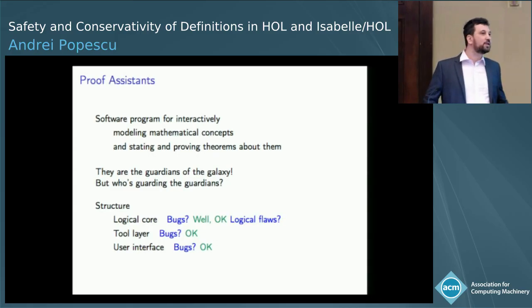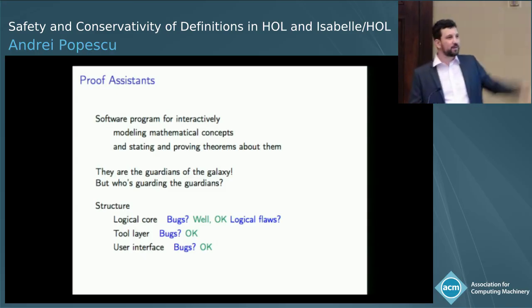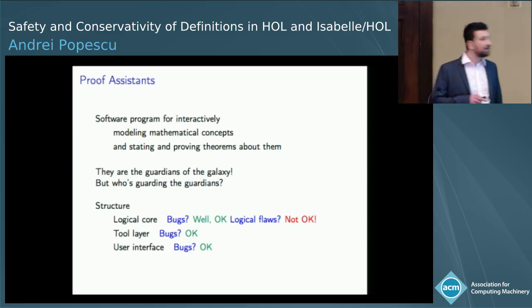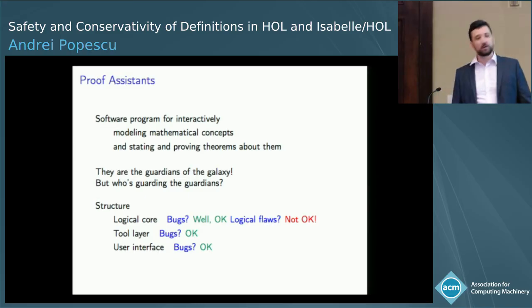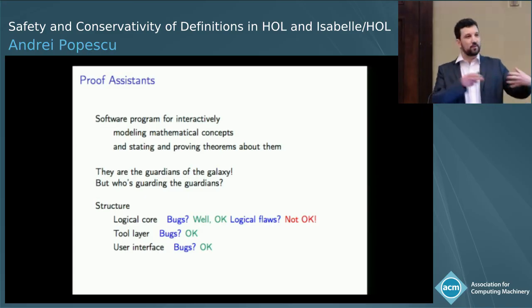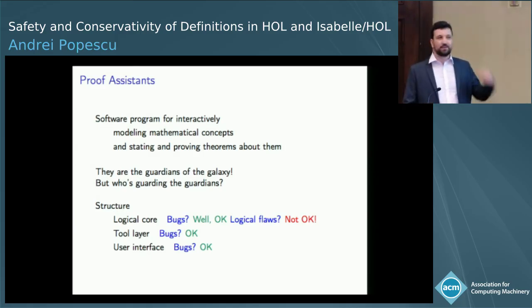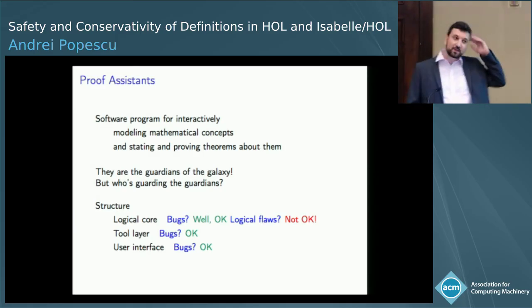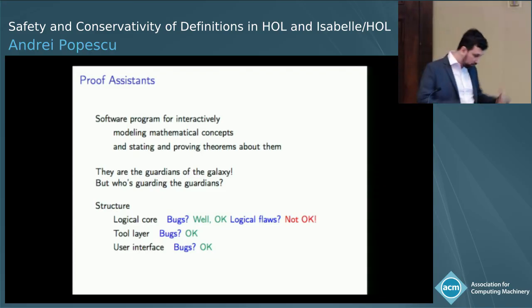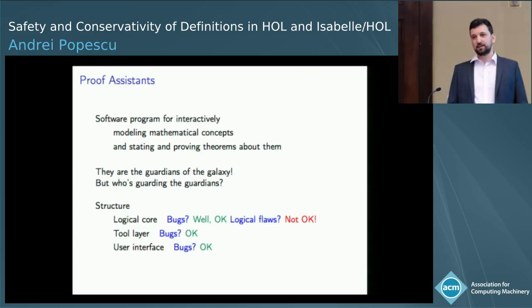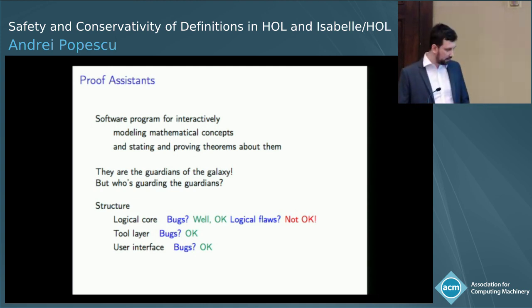But you also have what I call logical flaws here. We can also read this as design flaws. And this is not so OK because this can be something very deep in the logic, or can be something more shallow, but nevertheless, it's going to be harder to fix because it is a property that affects the system globally. So it's not about just enabling a particular test and so on.